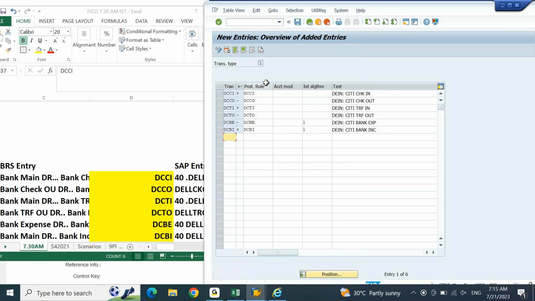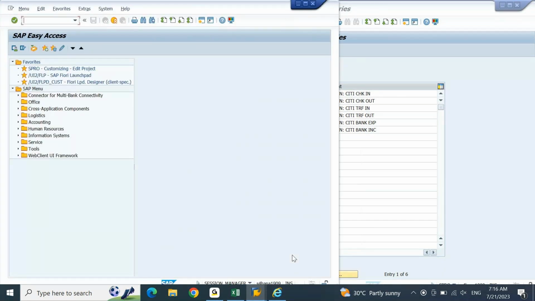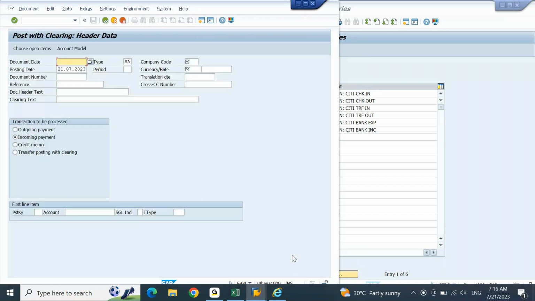This interpretation algorithm is used for identifying the open transaction. Wherever you have clearing entry, you want system to perform clearing based on one particular field. Let me pass one sample entry to make you understand what exactly this clearing, what exactly this algorithm representing here. I'll go to F-04 screen, post with clearing, DEIN,